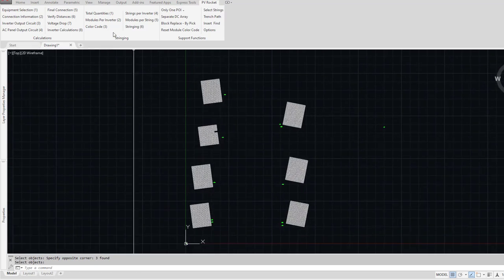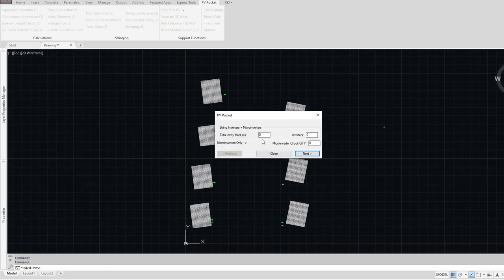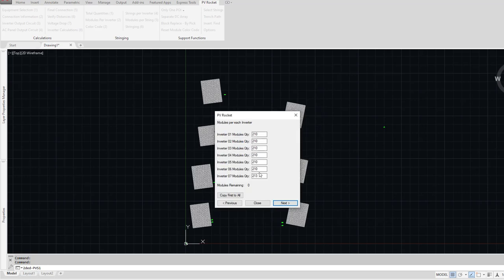So let's go ahead and start the stringing program. Total array modules 1,473, 7 inverters. We'll do microinverters another video. Hit next. It takes a guess of 210 and puts the remainder on inverter 7. Let's change it to 216 and hit copy first all to bring that down, and then